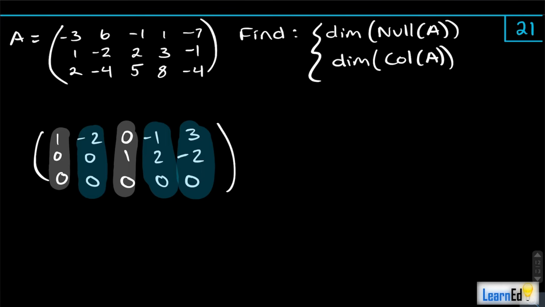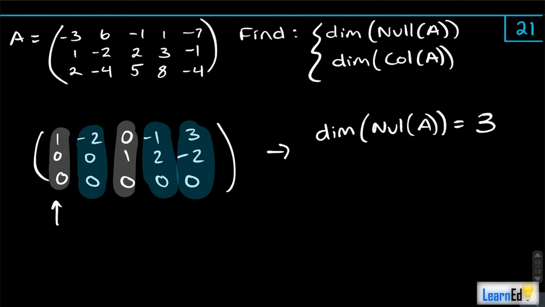Now, we have 3 free columns, so that means the dimension of our null space is 3. And since we only have 2 columns that aren't free, we get that the dimension of the column space is